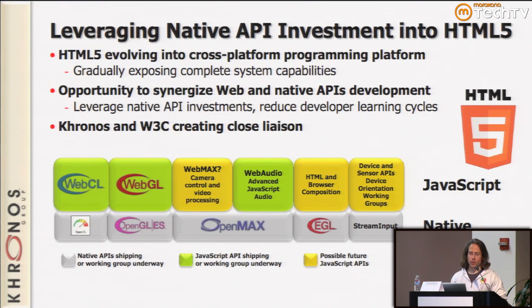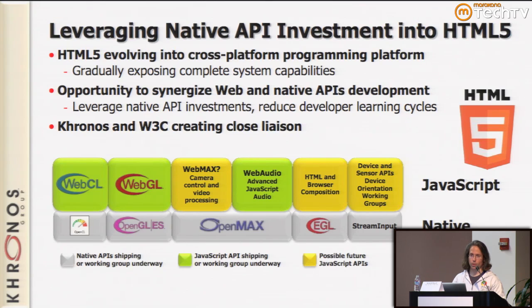But I think that there actually is an opportunity to develop the low-level APIs in parallel with the ones that bind those low-level APIs into JavaScript. That's what WebGL does, but OpenGL ES2 previously existed, and so WebGL was a natural binding of that functionality up into the web. There are other specs that Khronos develops, like OpenCL, like OpenSL for sound, like OpenCV for computer vision, like